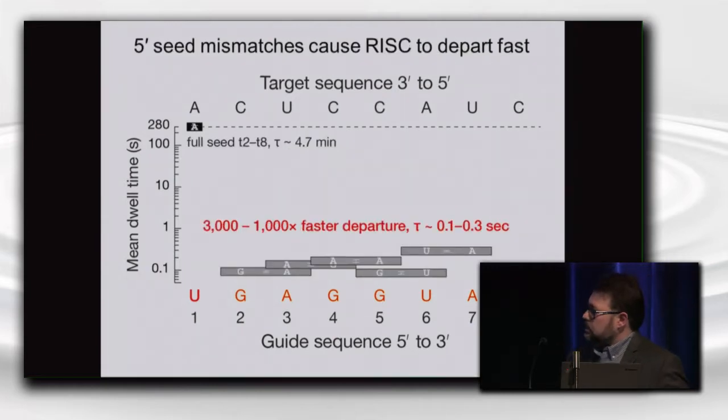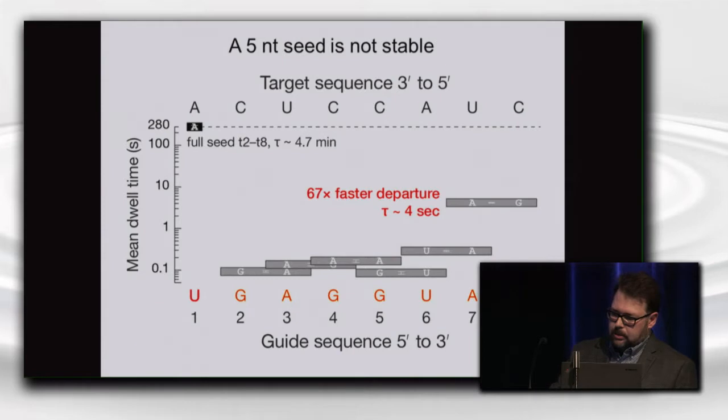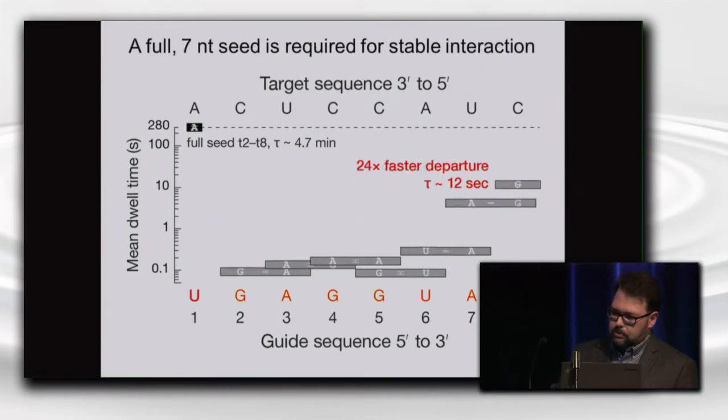And all the mismatches in the seed core result in a very dramatic defect in the dwell time of RISC, in fact by 3 orders of magnitude. But as you move the mismatch towards the 3' end, you see smaller and smaller effects. But they do tell you that you need complete complementarity to the seed